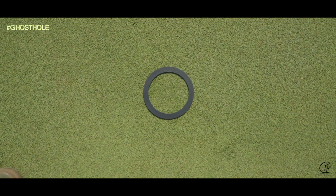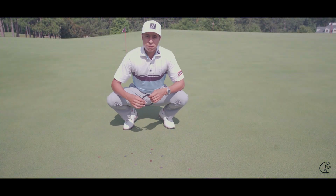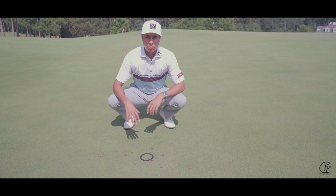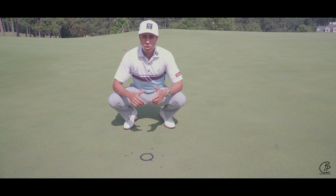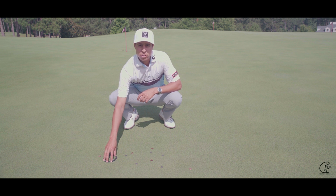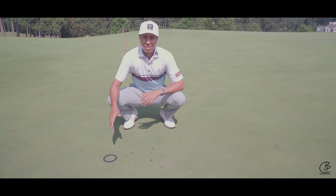If I'm measuring from where I hit the putt to where I'm going to envision the cup for this exercise, a lot of golfers tend to place the hole right in the middle of the dispersion. But if we're hitting short putts, and again, our small baseline stroke should go about maybe 10 to 12 feet in total distance, I'm actually going to place the ghost hole towards the front part of my dispersion. I want to ensure that when I'm hitting a short putt, it at least gets to the very front